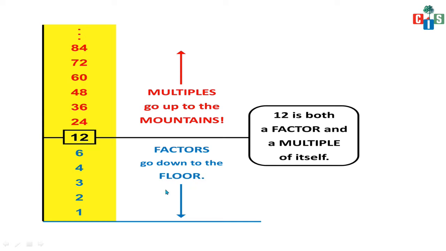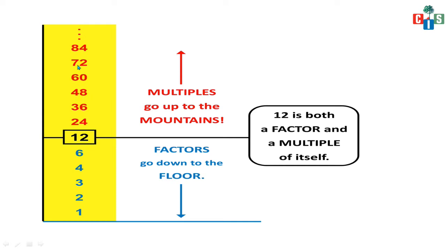Now, what are the multiples of the number 12? Multiples will start with the number first of all. The 12 is the number, so it will start with the 12. Now, the table of 12, multiples means multiplication. I have given you that code to remember. Yes, multiples means multiplication. So, multiples of 12 means you have to say the table of 12. So 12 ones are 12, 12 twos are 24, 12 threes are 36, 12 fours are 48, 12 fives are